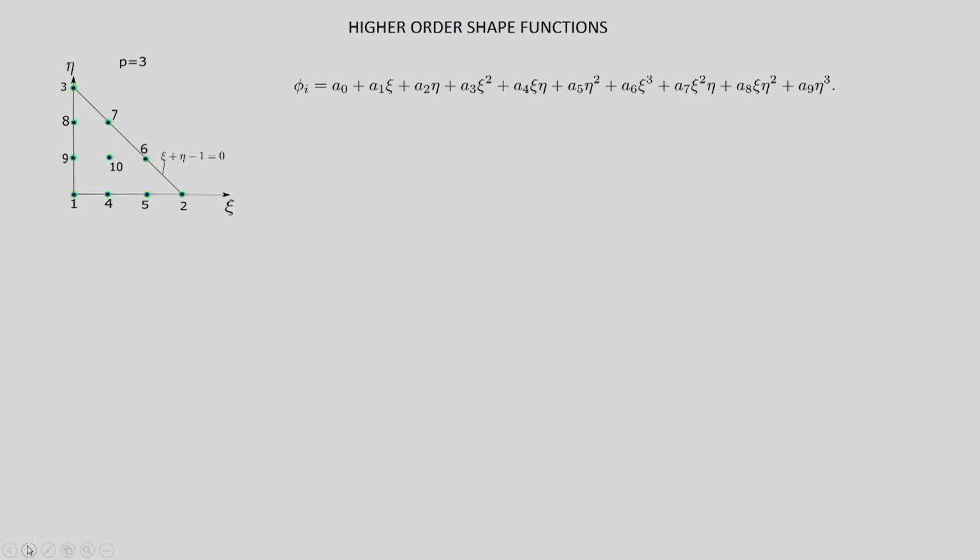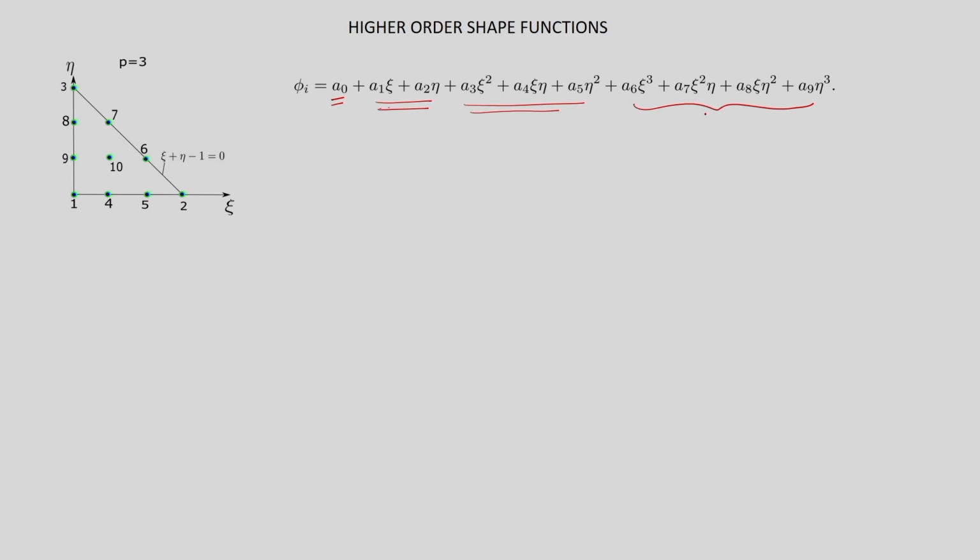Now let us discuss the construction of cubic shape functions for triangular element. As we have discussed in the earlier lecture, we have to follow the Pascal's triangle in order to get a complete set of polynomials, and from there we have seen that for cubic polynomial we need 10 terms. So first the constant part, then the linear part, this forms the quadratic part, and the last 4 terms correspond to the cubic row of the Pascal's triangle.